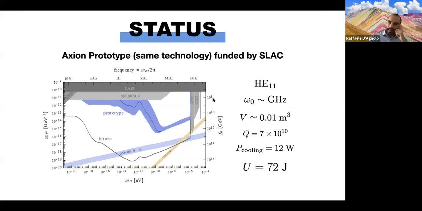And well, what's interesting for this gravity wave story is that all the noise sources that I described, including the ones that we're still working on, will be tested directly on this prototype. Also, the scanning mechanism will be tested on this prototype. So all the relevant technology will be there, except that the geometry of the cavity will be different because, as Diego said, the axion couples to E dot B, while the gravity wave couples to E squared plus B squared. So you need to choose different modes. But the bulk of the work experimentally to make this idea completely on shell will be already done for the axion.